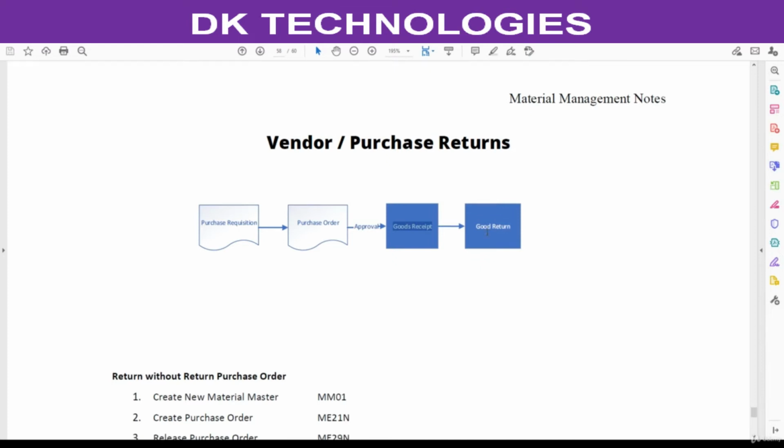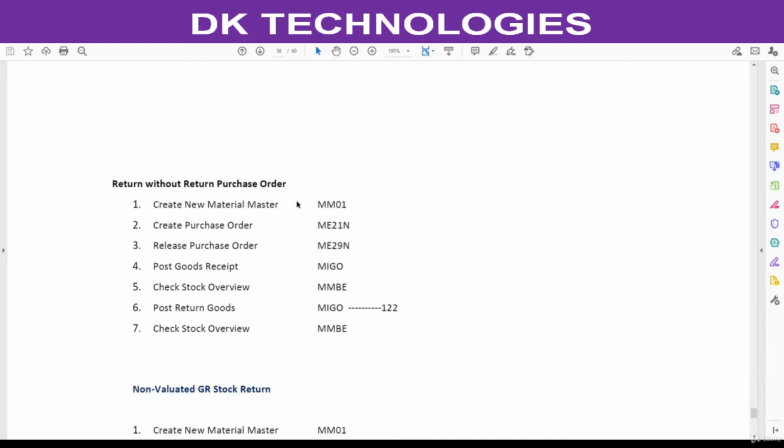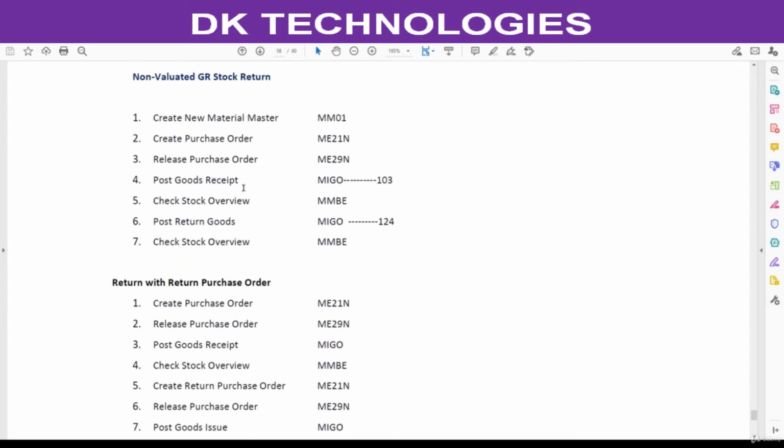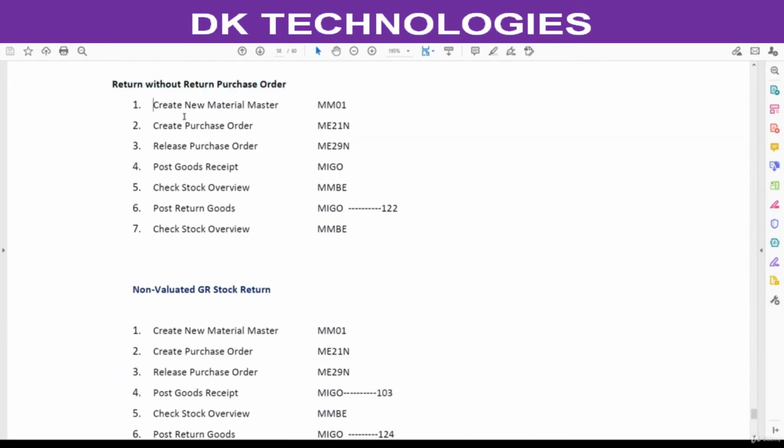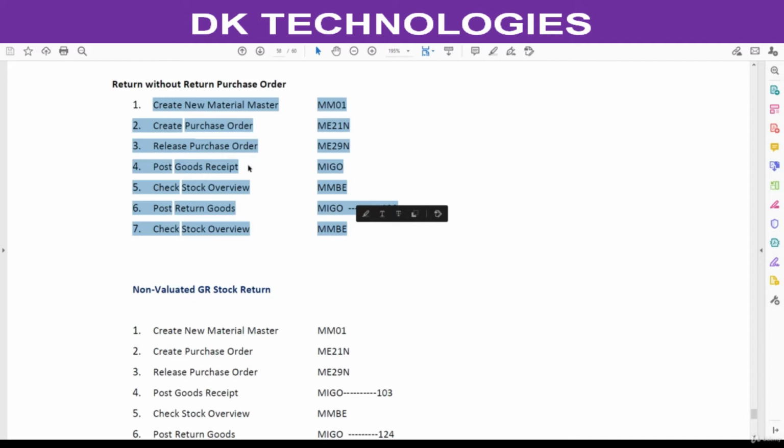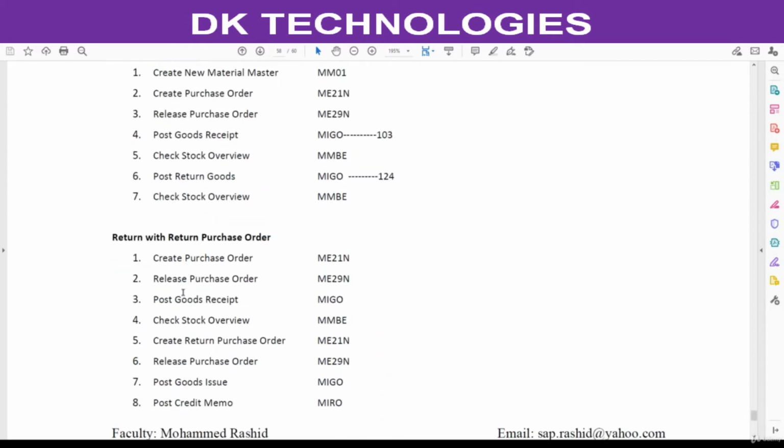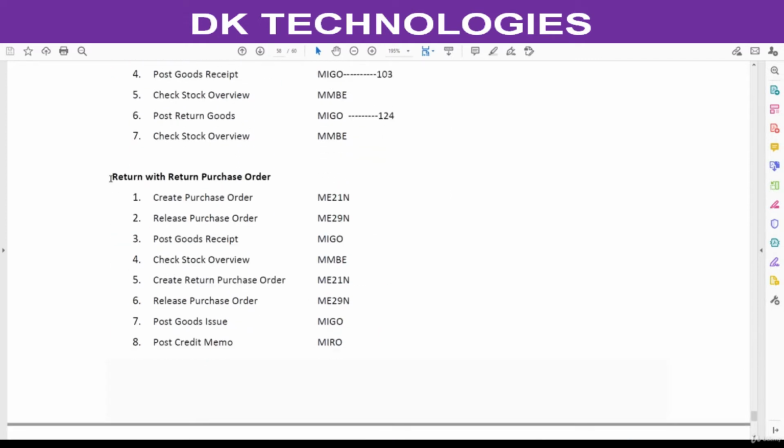For returning this stock, there are three possible scenarios in SAP. Return without a return purchase order. So no need to create any purchase order here. Under this we have two scenarios. This is for validated GR, this is for non-validated GR. Second scenario, return with a return purchase order. We need to follow this complete process for returning the stock.